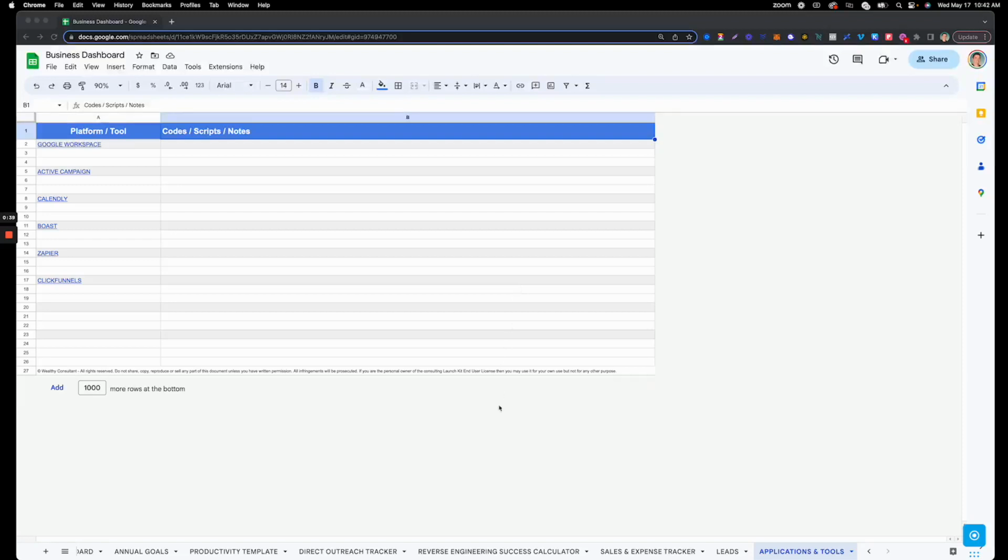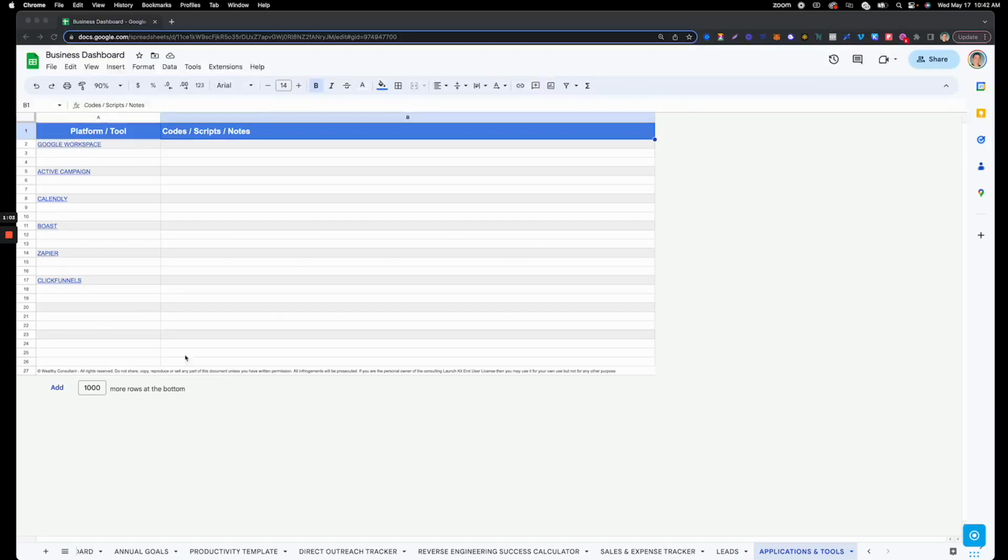And part of that is keeping an eye on your SaaS services, software or platforms, other elements of your business that you're using on an ongoing basis. It's kind of nice to have a place where it's like a directory of sorts. You just have a centralized location, what we call a tech stack. It's a really great thing to keep an eye on because not only does it make it convenient in terms of you can just link out to them and access them just by clicking any of the links here like you see on the screen as examples,